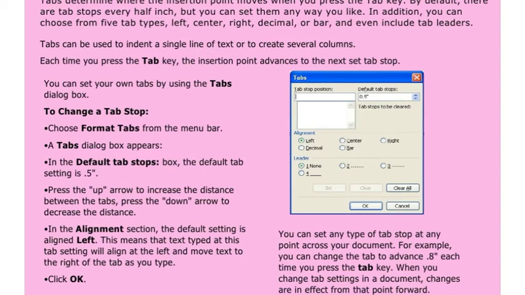Click OK. You can set any type of tab stop at any point across your document. For example, you can change the tab to advance 0.8 each time you press the Tab key. When you change the tab setting in your document, changes are in effect from the point forward.